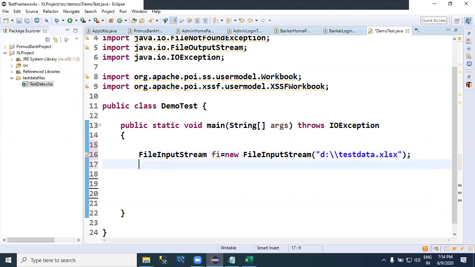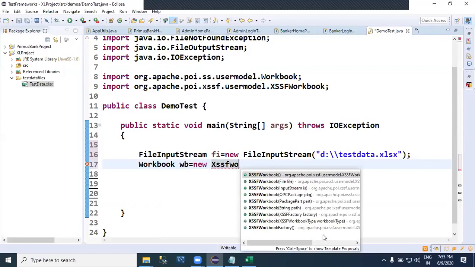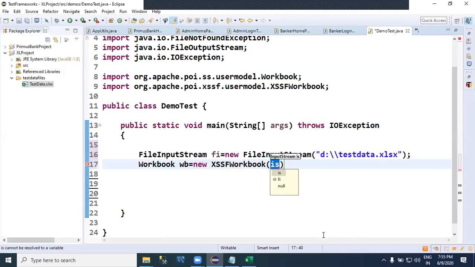First, let me make it simple. Then, as the file you have copied into Java memory is an Excel file, we must use Apache POI here. Now I'm creating an object for the XSSFWorkbook class. WB equal to new XSSFWorkbook. I'm giving the file path. I mean, in FileInputStream, sorry, a file. Then,